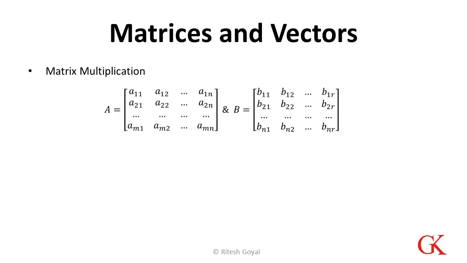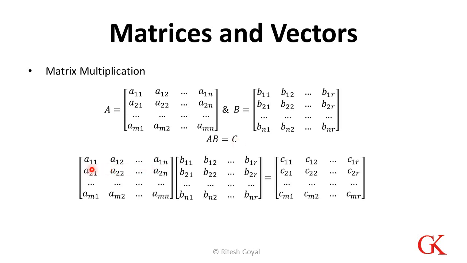Yeah. So as we said, we are having a matrix A and B, and we want to see how to obtain a matrix C, which is the multiplication of AB element by element. So if we see here AB equals C, if we put A and B matrix in their full form, it becomes like A, which is an M cross N matrix, and B, which is an N cross R matrix, and as we know, the resultant is C of M cross R. So this is how the matrix will come.